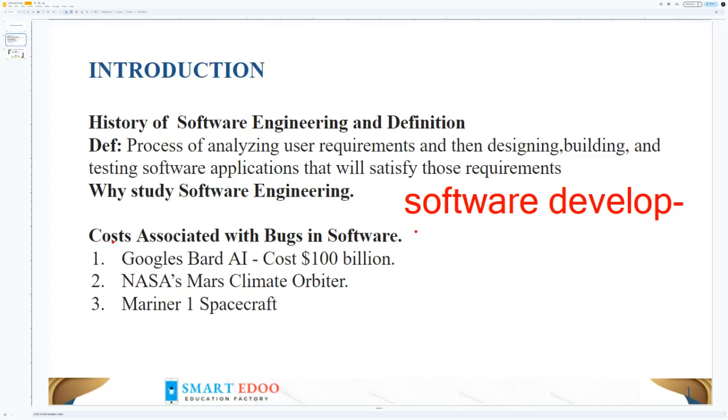Let's take an example. You might have heard of Google Bard AI. When it was asked about the new developments of the James Webb Telescope, it gave a wrong answer, that it was the first telescope to take images of exoplanets outside our solar system.